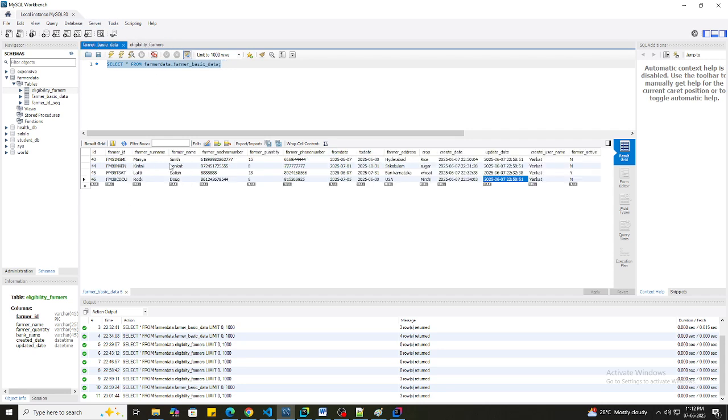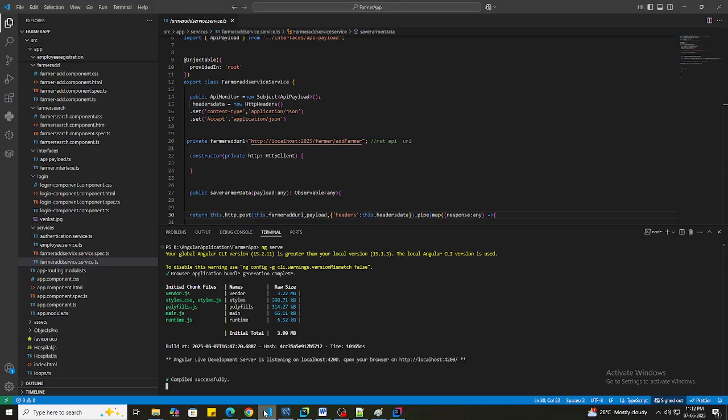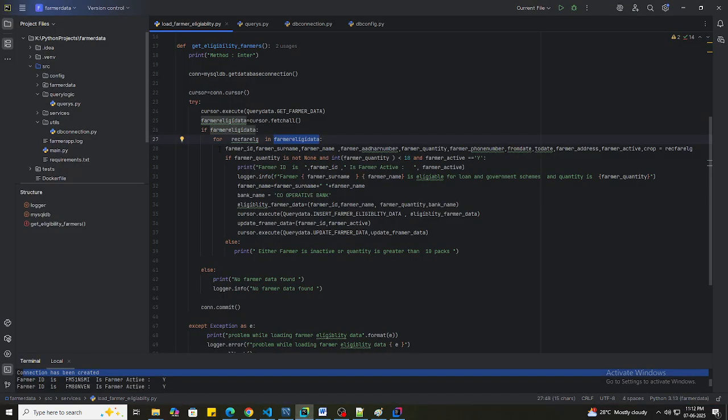Out of this four, we will get all the data in the select query. Each record I am iterating: farmer ID, farmer surname, farmer name, farmer Aadhaar card, and quantity. I am getting each and every record here, and this is my record one. From each record, I am getting the farmer quantity and